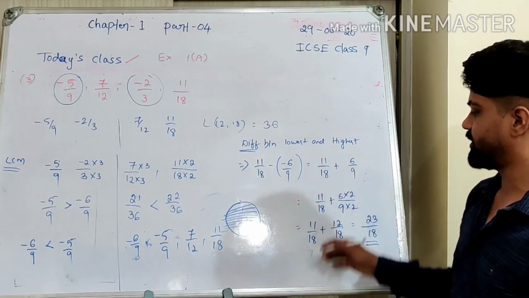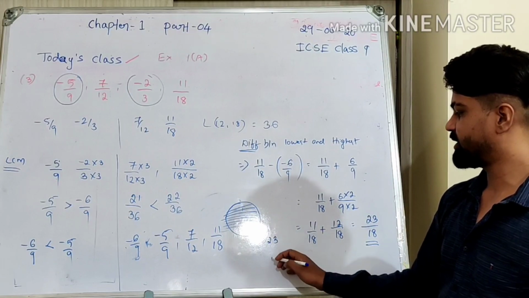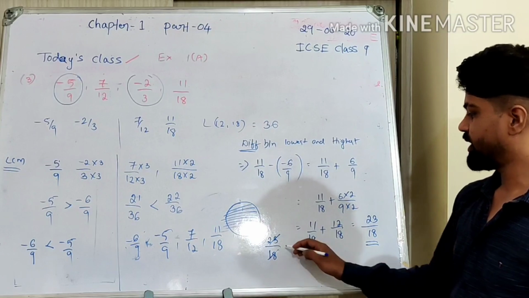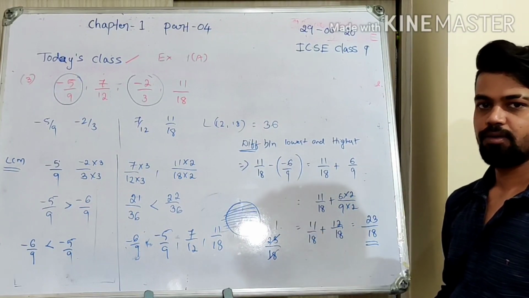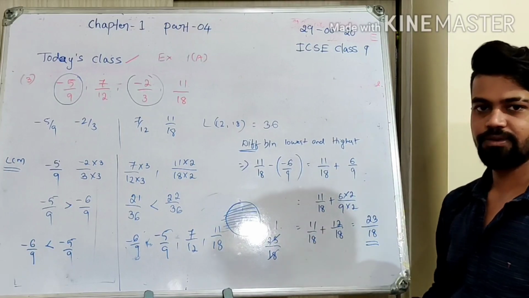So what I can do here is, hope you can see the board, right? We need to divide this 23 by 18. I can divide directly without writing the division also. 18 ones are 18. What is the value left out? 5 is left out. So I put a decimal, it becomes 50.